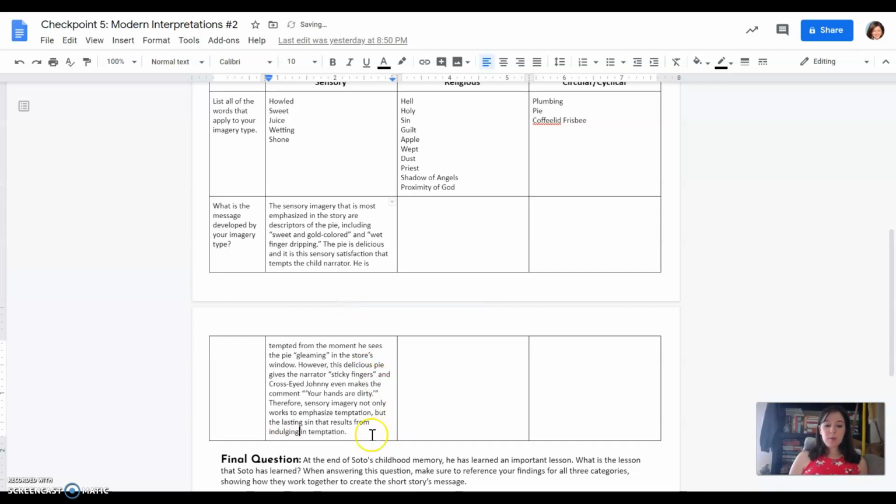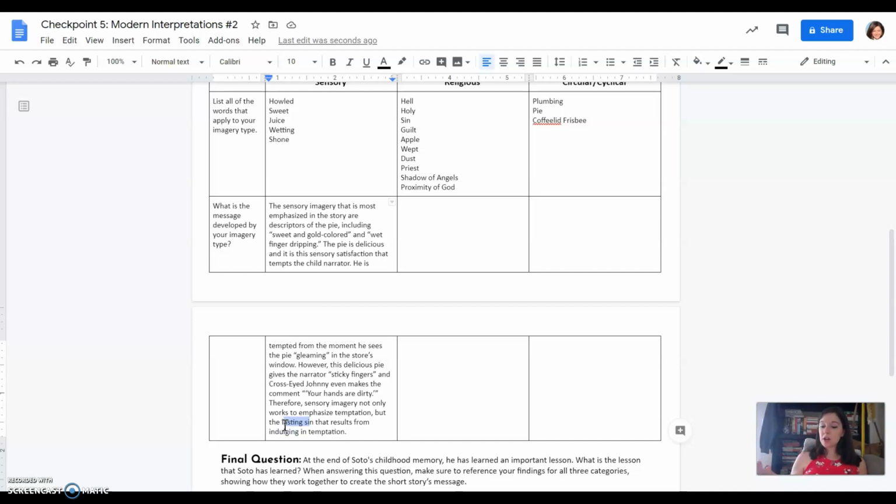And so essentially what I'm arguing is that the purpose of the sensory image, the tool, what that tool is creating, it's the wrench, so what am I creating with it? It's creating the message that temptation and indulging in temptation creates a lasting sin that the narrator has to deal